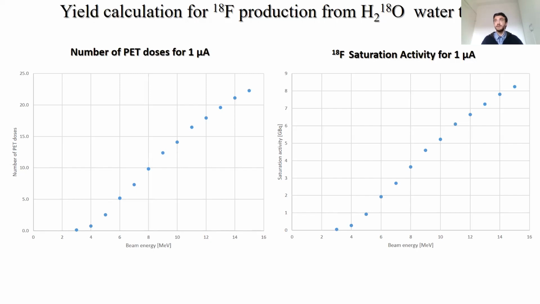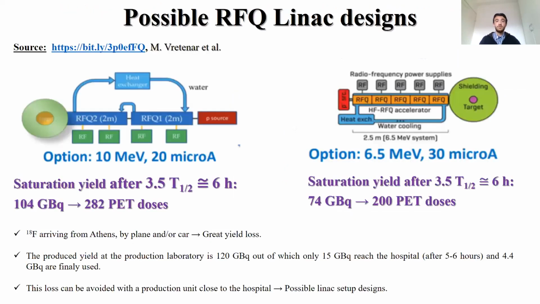So we can understand the amount of yield that was being lost. To take a step further, we also wanted to investigate if these two possible LINAC designs could produce sufficient amounts of radioisotopes. So we implemented the calculations, and we found out that at saturation times the first design, on the left-hand side,